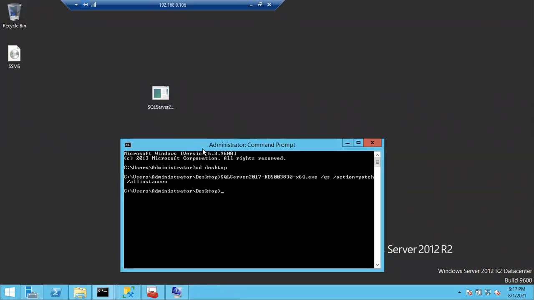So it is throwing some error. What is that error? It was closed. Might be the instance is already patched, right? That's why it is showing the same kind of information. So that's it for today. In case you want to patch again, remove the patch, and you can patch using command prompt. In the next class I'll tell you how to remove the patch also.